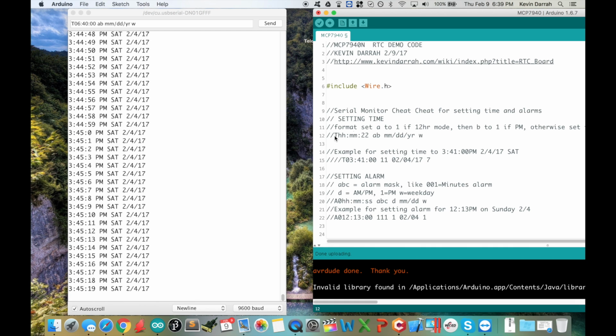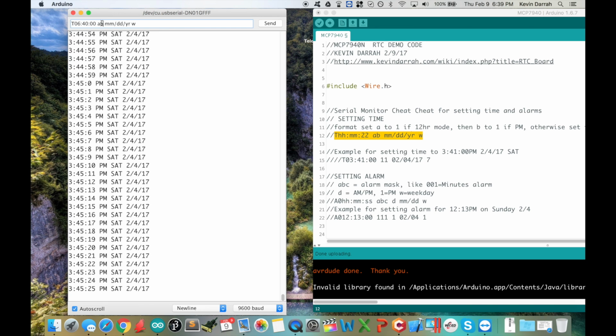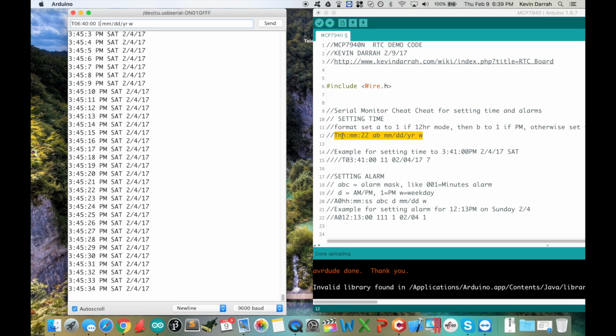Okay, it needs to be this exact length here, and we'll talk about that later on. But anyway, just wanted to mention that real quick. And then this AB here is to set the 12-hour mode, which we do want. So I'll set that to 1. And then whether or not it's AM or PM, and if it's PM, we set the next character there to 1. And then we have the month, which is 02, day 09, year 17,